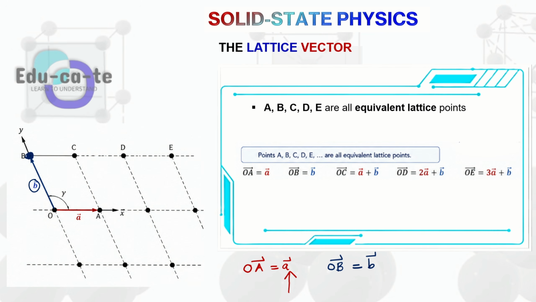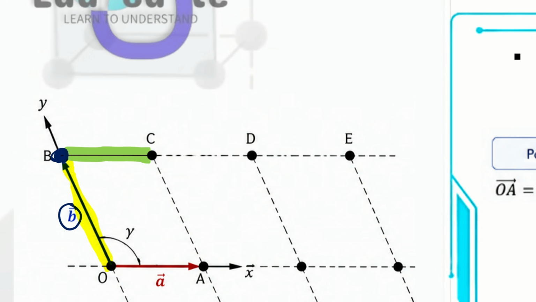If I want to move OC, it means that I have to move from this point O and go toward point B first. So from point O to point B, that is my first movement. After that, I need to move from point B to point C. This is my path of traversing from O to C. I started at point O in my lattice, moved to point B, and then continued from point B to point C. From O to B, from B to C. That is going to get me where I want to be. This is my destination because I'm moving from lattice point O to lattice point C.